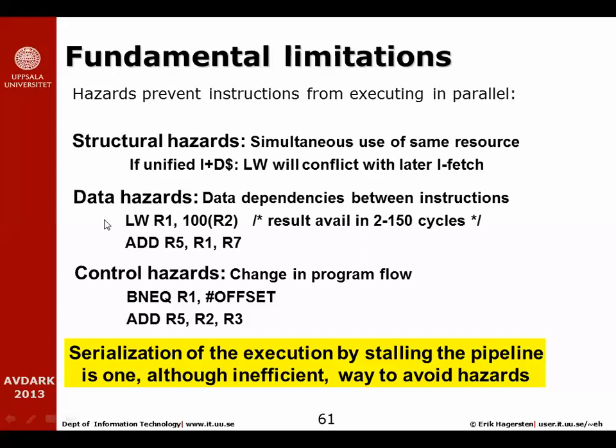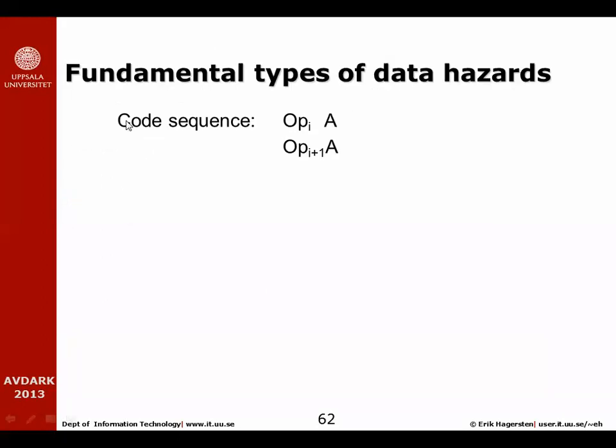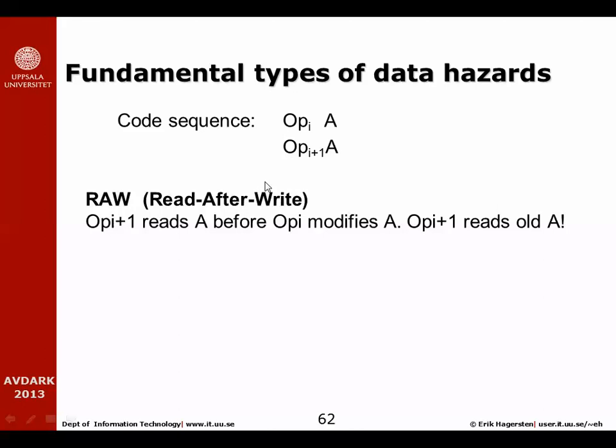Talking about data hazards, there are also three different kinds of data hazards that we will talk about. Considering a code sequence where we first have an instruction I operating on some kind of memory location or some data, some register. And then we have some following instruction I plus 1 operating on the same piece of data, same memory location, or the same register. Then we say that we have a read after write hazard if the previous instruction, the first instruction, is a write instruction that updates this value,